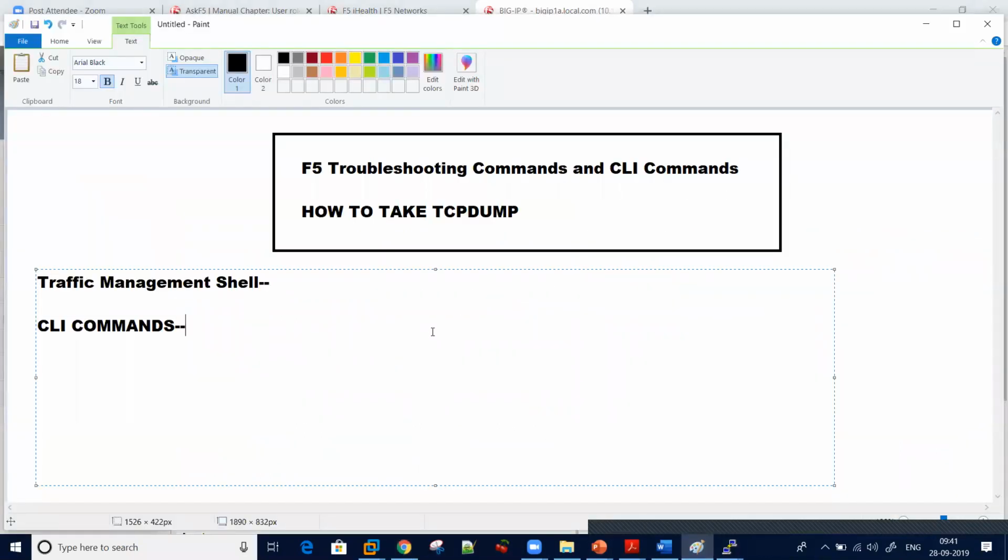Okay, so I was telling that today I will be discussing F5 troubleshooting commands, troubleshooting scenarios, and CLI commands to check the connection table, how to ping your backend servers, and how to take a TCP dump. So before going into that,